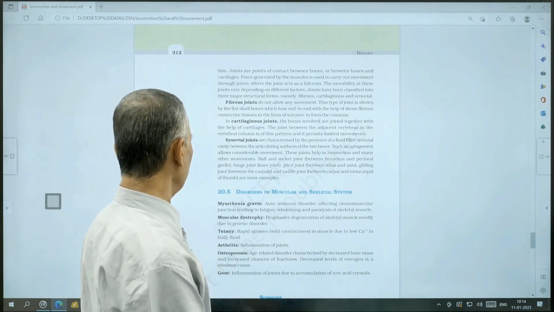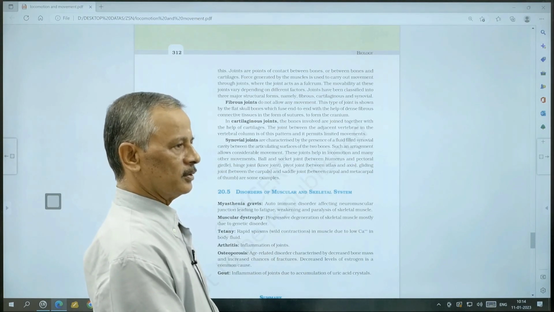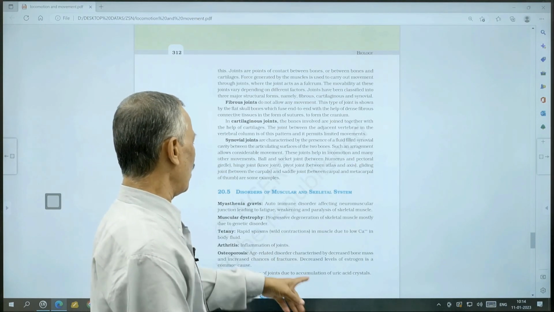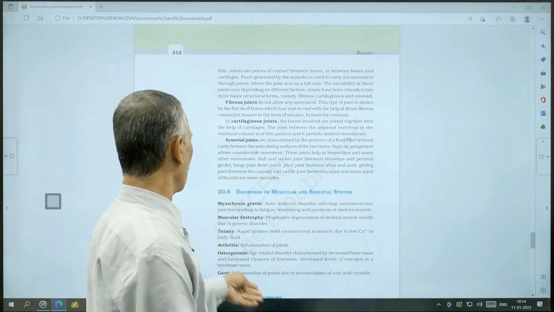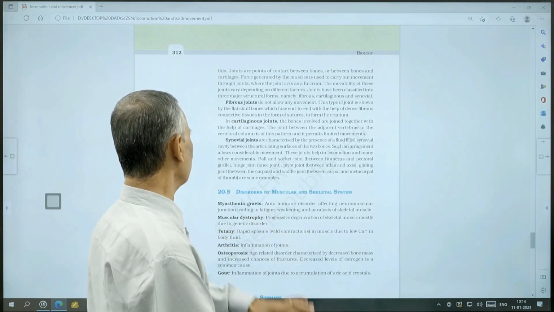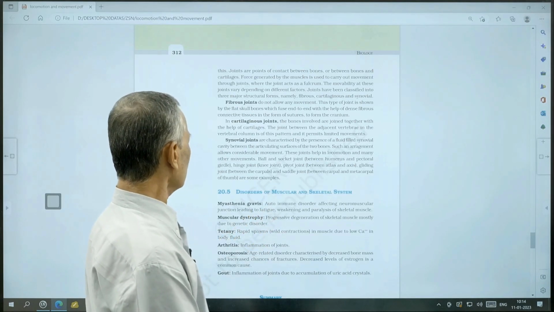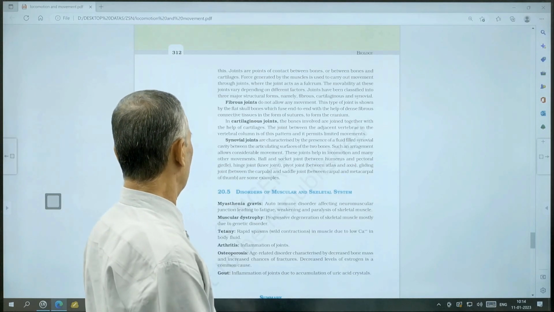And third one is gouty arthritis. That is because of the deposit of uric acid crystals in joints. So that causes inflammation. That is called gouty arthritis or gout. So these are the three types of arthritis. Arthritis simply means inflammation of joints. And last one is